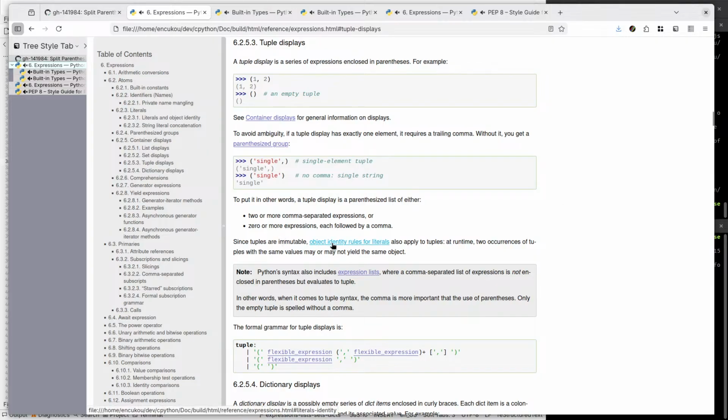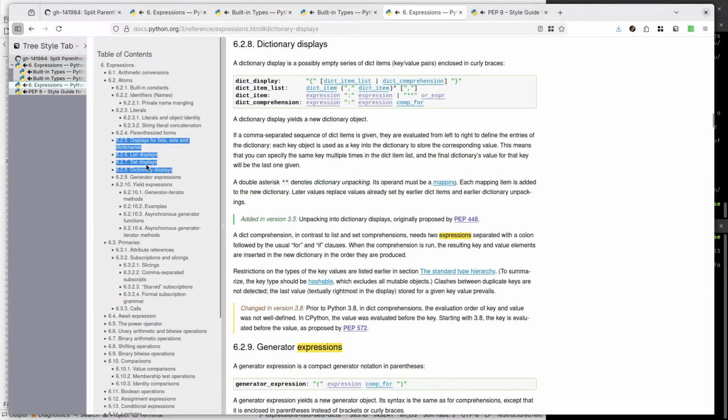Since tuples are immutable, object identity rules for literals also apply to tuples. At runtime, two occurrences of tuples with the same values may or may not yield the same object. Python syntax also includes expression lists, where a comma separated list of expressions is not enclosed in parentheses, but evaluates to a tuple. In other words, when it comes to tuple syntax, the comma is more important than the use of parentheses. So yeah, the current docs say